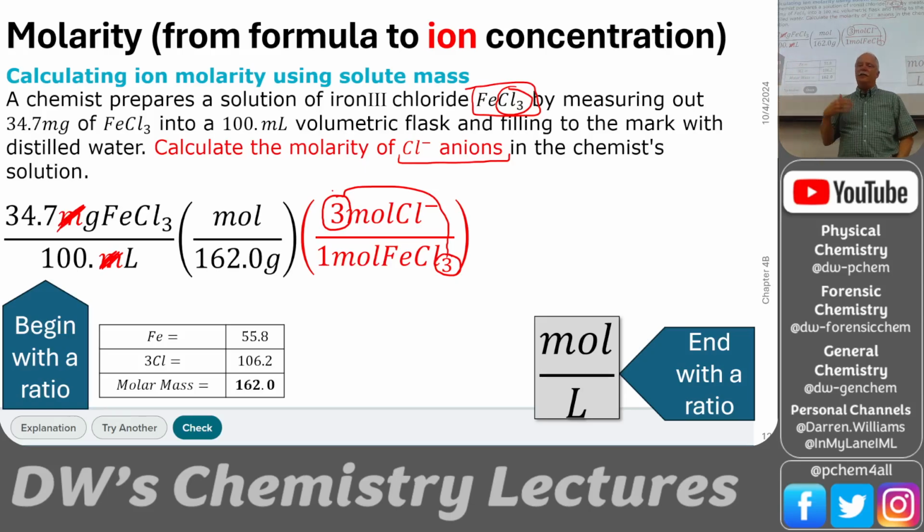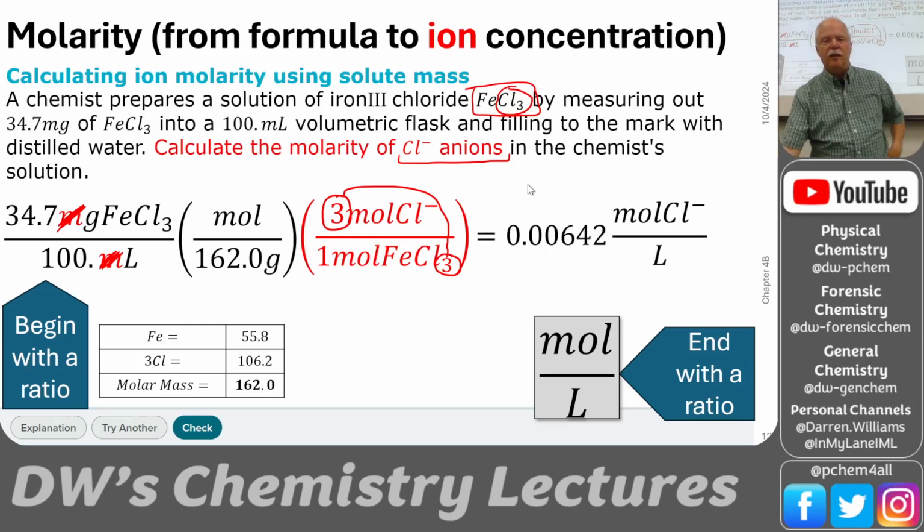And so this is a very common calculation, because a lot of times we want a reaction to take place and chloride is the reactant we're interested in. So we need to know the chloride concentration. We don't really care about the iron. Maybe the iron's going to be a spectator ion, so we're after the chloride. And so that's 0.00642 moles of chloride ion per liter of solution,